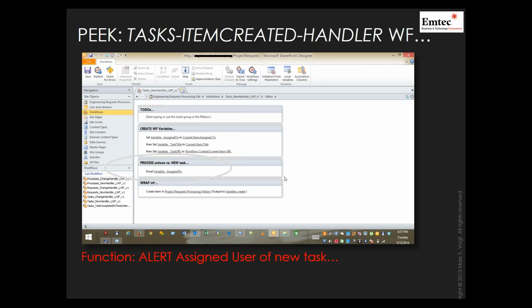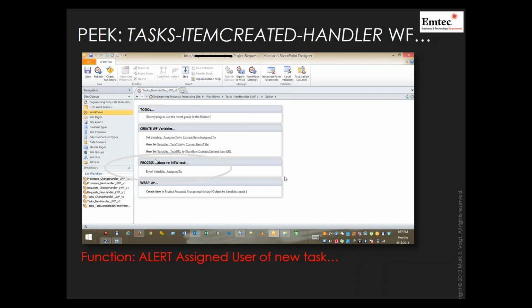And you can get close to this in Microsoft Flows. At the very beginning, you're going to try to use the names of the section titles as a way of actually telling yourself what it is that you're about to do. And there's going to be a very common set of, there's going to be a ramp up, some to-dos, creating your workflow variables, processing the changes that occurred in that particular item or the fact that it's a new item, and then you're going to do some kind of a wrap up or a ramp down. But you're going to start achieving a set of fixed blocks that every single one of your workflows has that same common shape. Just like inside any other structure of any other application, there are going to be places where you put your common files, your libraries, your various objects. There can be a common structure inside a SharePoint Designer workflow as well.